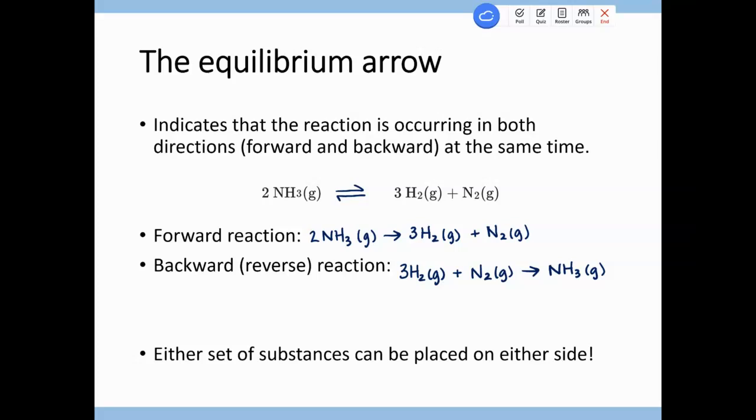But no matter what, the left side we call the reactants and the right side we call the products. Forward reaction is left to right, reverse reaction is right to left. So let's say we describe